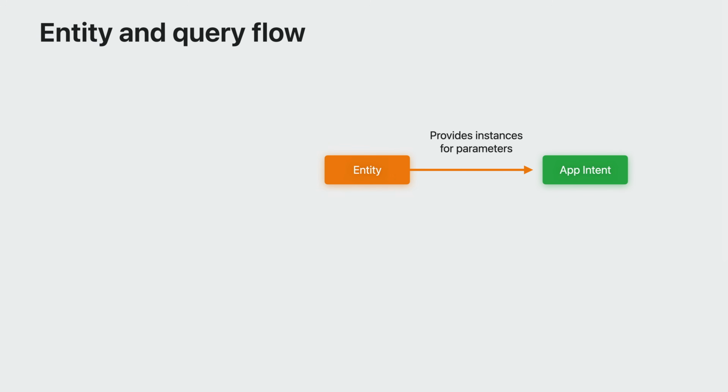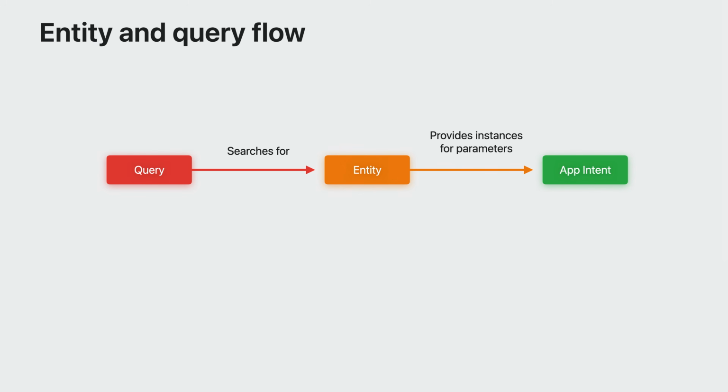Now, I'd like to tell you about two concepts that are useful for many app intents: entities and queries. Entities are concepts relating to your app that your users will want to reference. In my app, it makes sense to have a to-do list entity, since that's a logical object that people will want to refer to when performing tasks in my app. In other apps, you might have entities for users, documents, orders, and so on. Entities from your app can be put to use in app intents when those intents use the entities as input parameters. In my app, my summarized list intent takes a to-do list entity as a parameter.